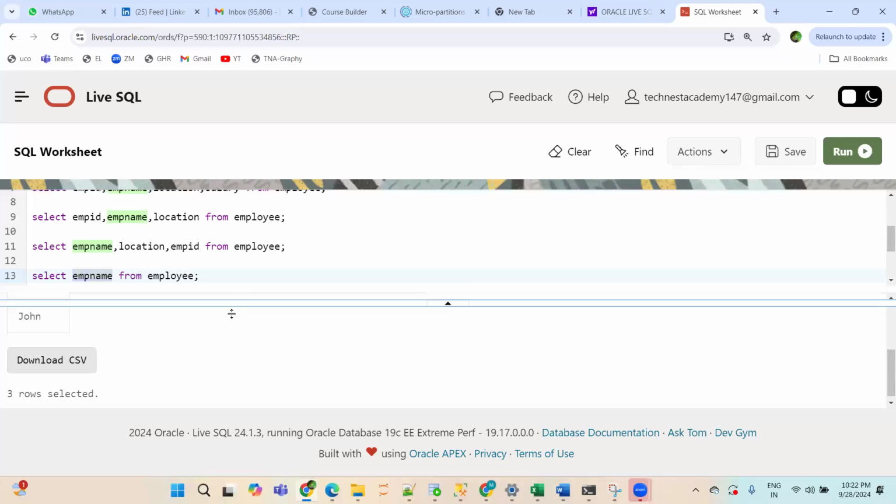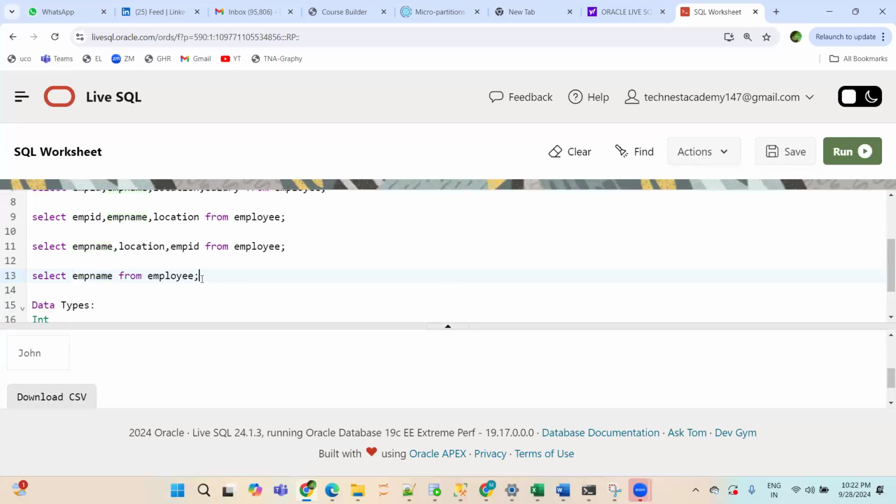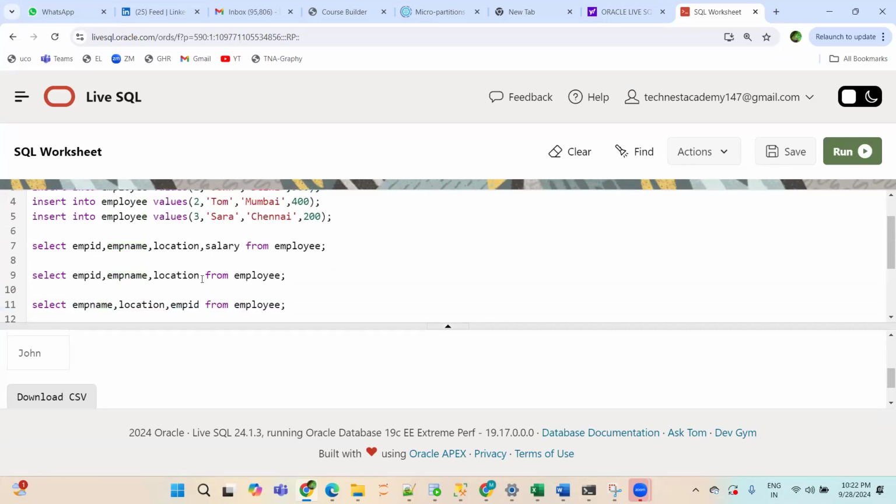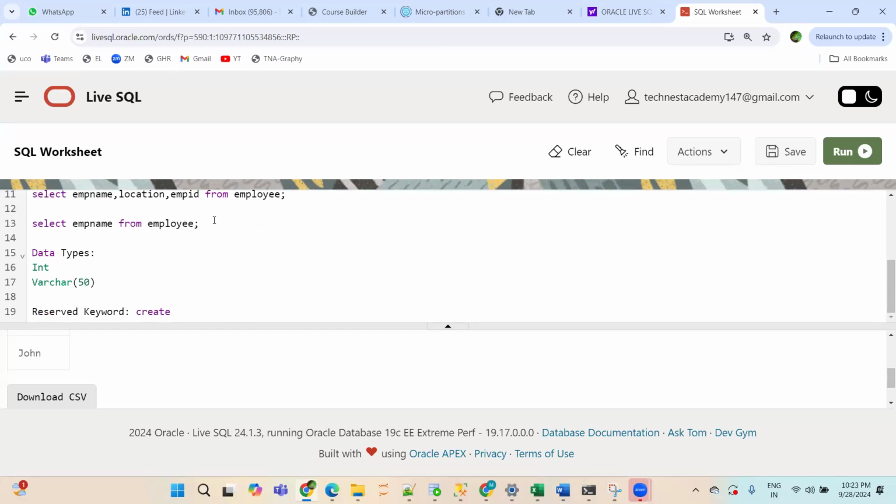Now, you can ask one question here. Within this employee table, you have 4 columns and you have written all the 4 columns manually here. But suppose I am working in a project, and in the table on which I am working, I have 100 columns, and I want data from all the 100 columns. Do you think I have to write all the column names one by one? Yes, you can, but that will be a very hectic and tedious task. So for that, you can just write select star from employee.